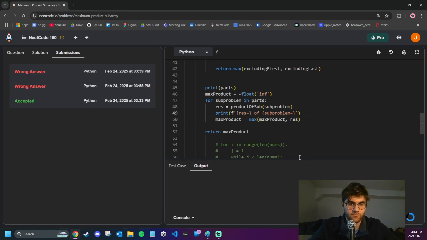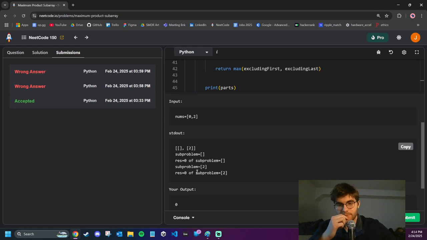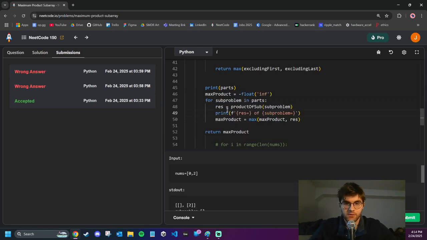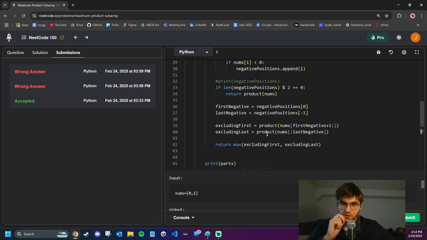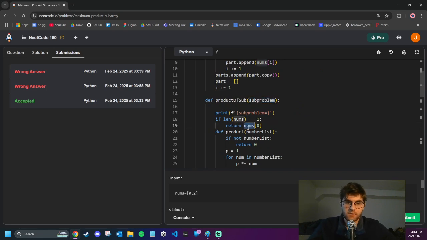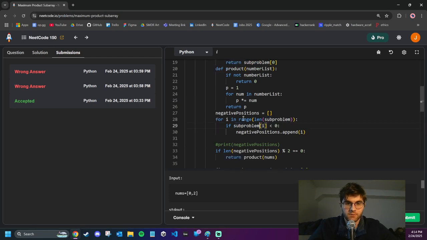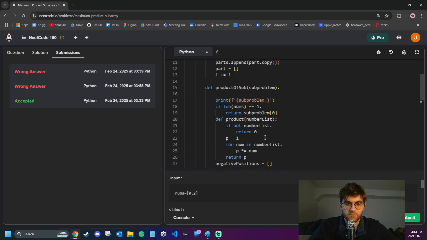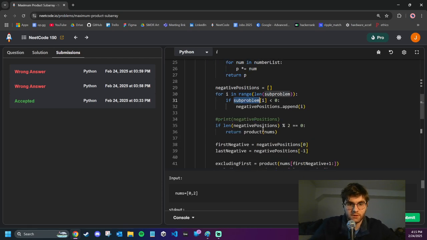Like that. Result 0. Oh, is it because I'm returning nums? Okay, so instead of nums of 0, I want subproblem of 0. Subproblem. Why do I have product here? That's weird. So instead of nums,